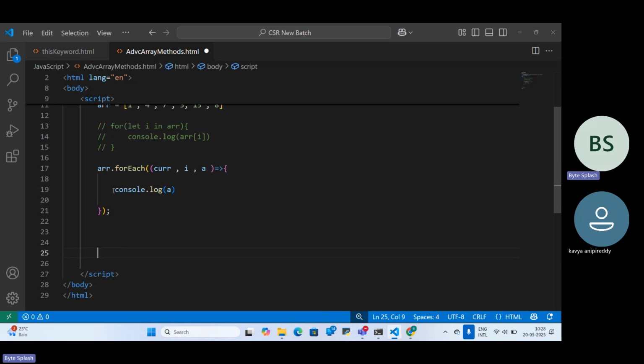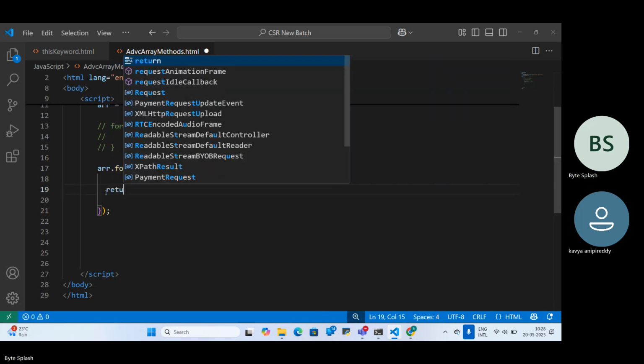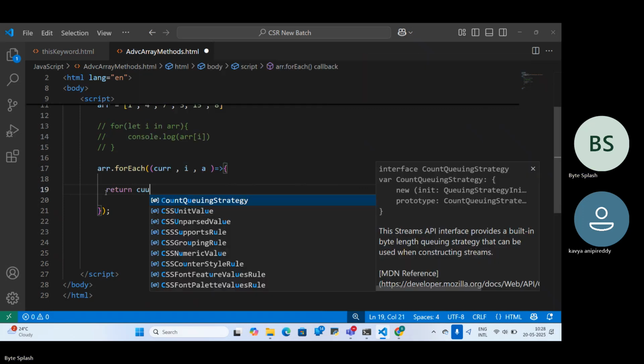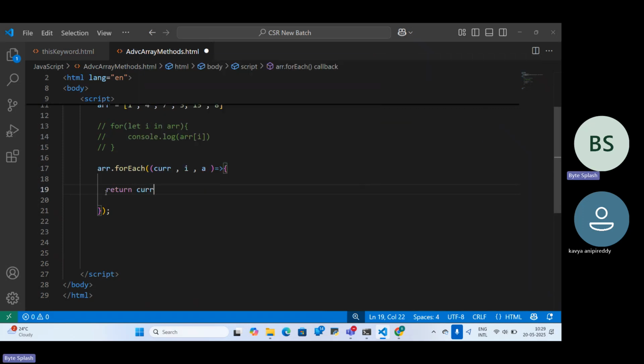Okay, so here it is returning based on our requirement. If you need to return numbers, it is going to return numbers. If you need to return an array, it is going to return only an array, like this. You can just pass here return current plus